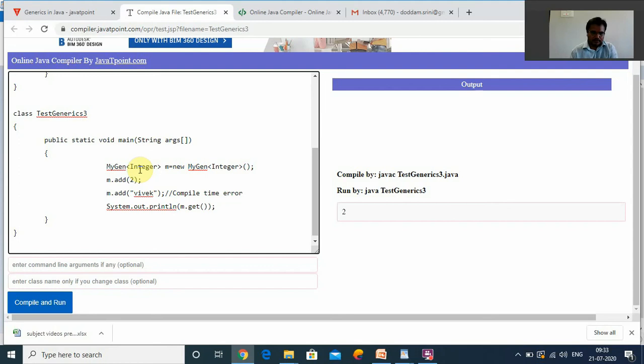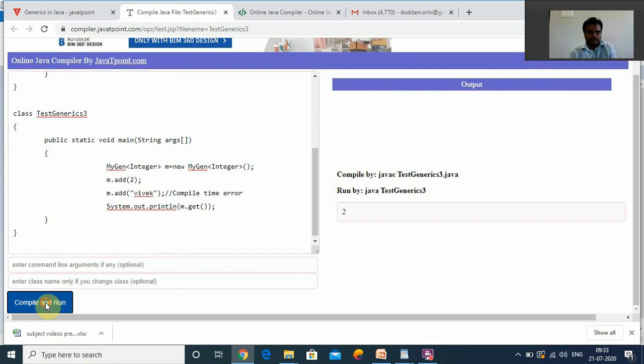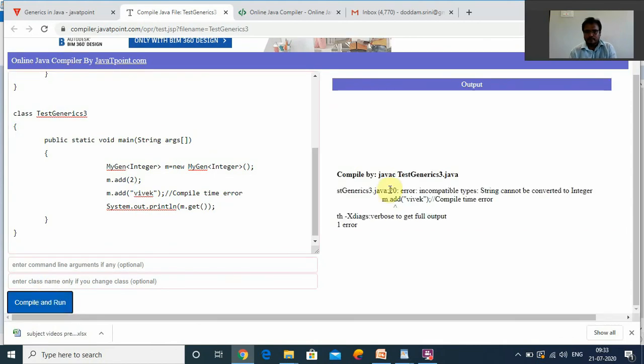It is integer type, but you are trying to add a string type, so you get a compile time error. Compile and run it. Yes, incompatible types: String cannot be converted to integer. I think all of you understood, right? Any question? No? Very good.